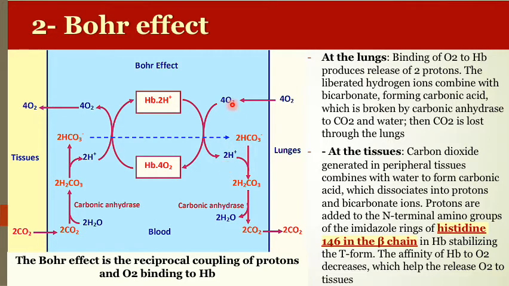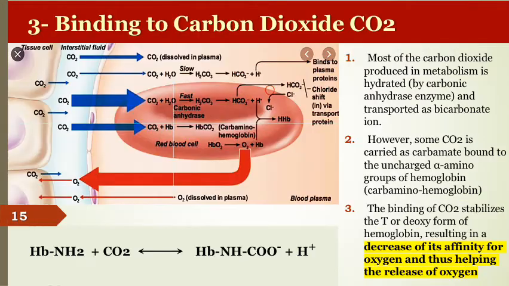Why do they leave? Because oxygen breaks the chemical bonds between the two dimers of hemoglobin with the liberation of protons, and vice versa. When protons bind hemoglobin, oxygen leaves hemoglobin at the tissue and is delivered to the tissue. This is the reciprocal coupling of proton binding and oxygen binding. Only one of them binds to hemoglobin at a time. Please read this paragraph slowly and you are going to understand.